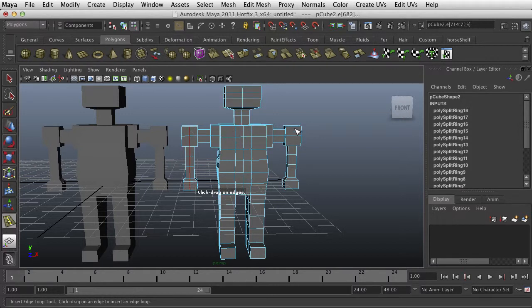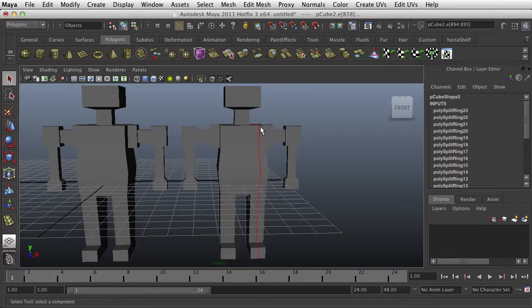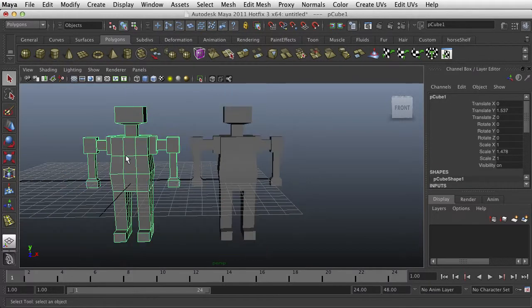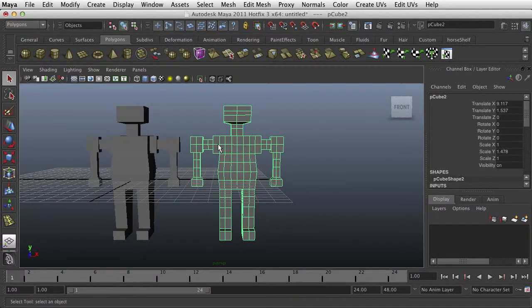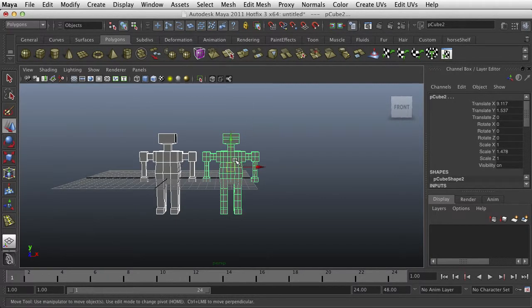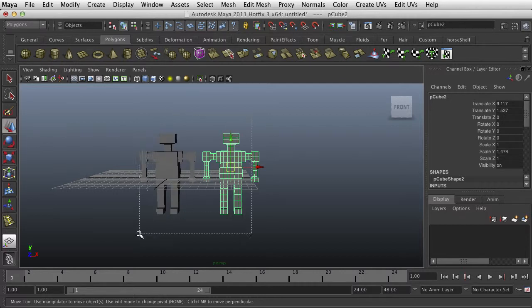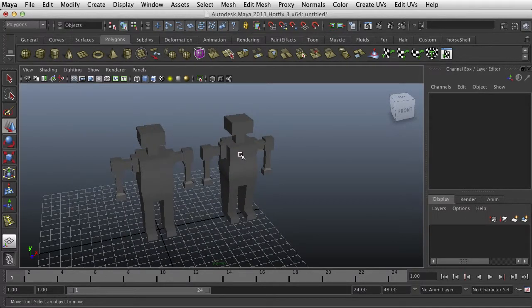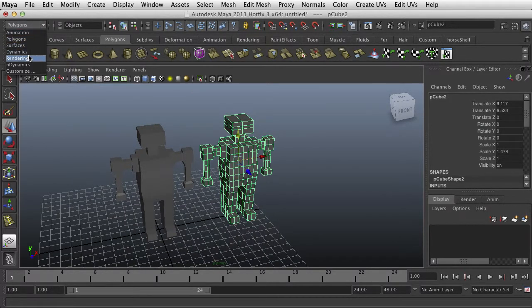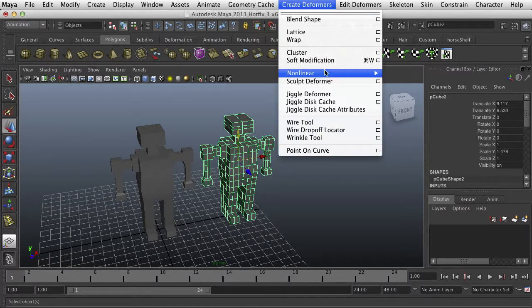Okay. Alright, so you see the difference here. We've got one that doesn't have many and one that has a lot of different divisions. Alright, so what is a deformer? A deformer here is going to be found in your animation menu in the deformers, and you have different types